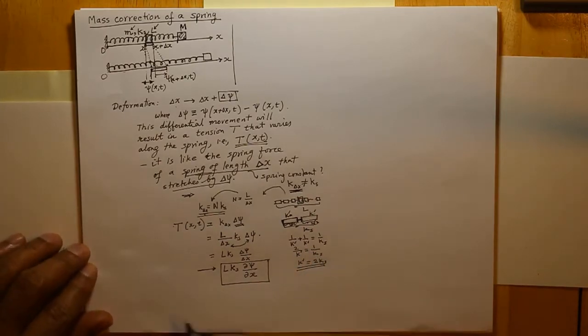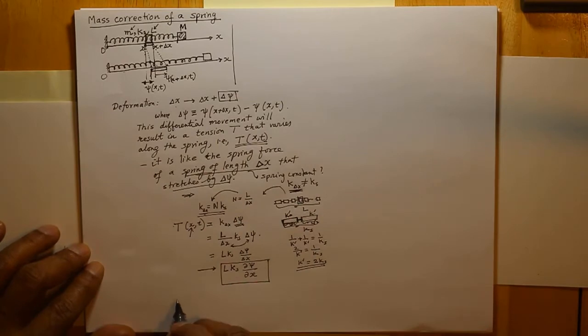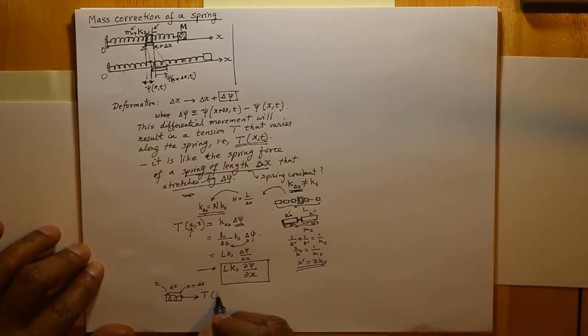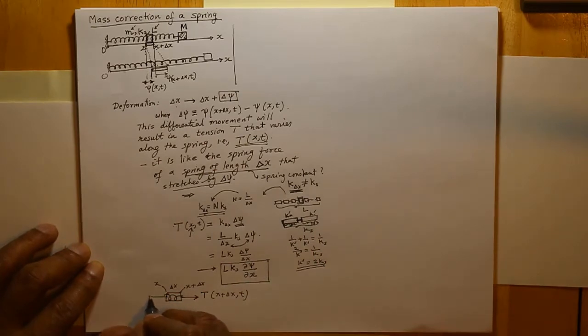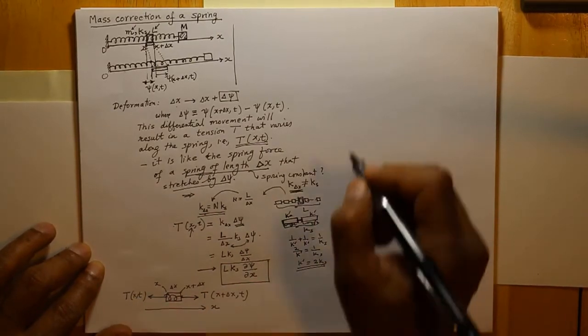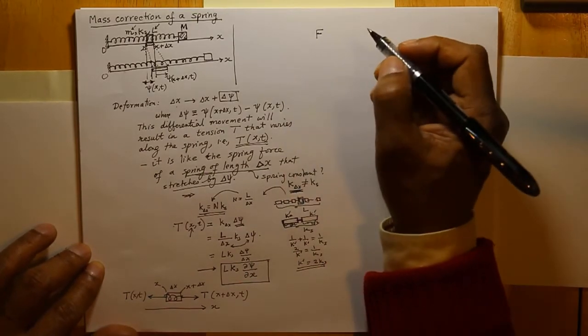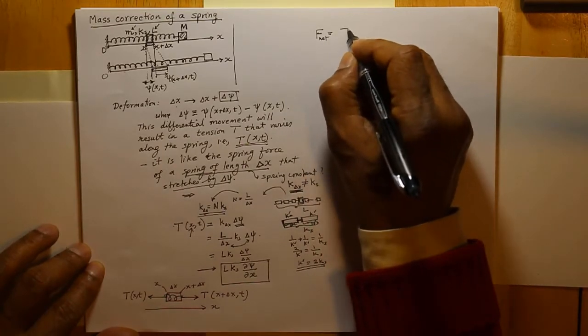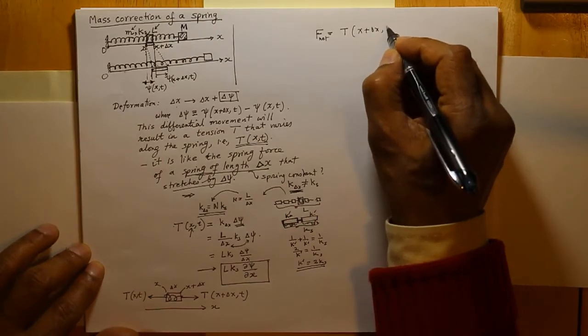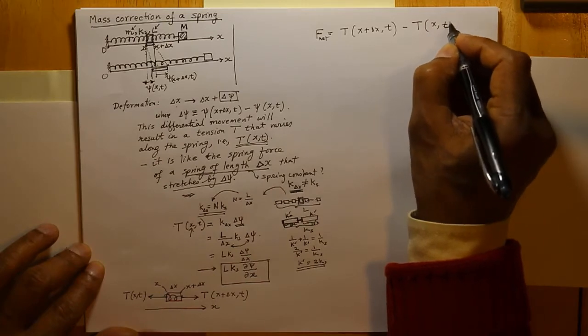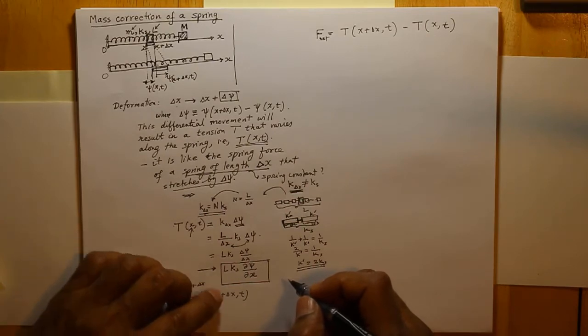You can analyze the forces now. That's going to be varying across x. So if I have delta x, this is at x and this is at x plus delta x. So there will be force pulling that way, with tension at x plus delta x, T, and there will be force pulling this way, tension at x, T, and the net force will be the subtraction of this. So this is the x direction. So net force will be equal to F net equal to T at x plus delta x minus T at x,